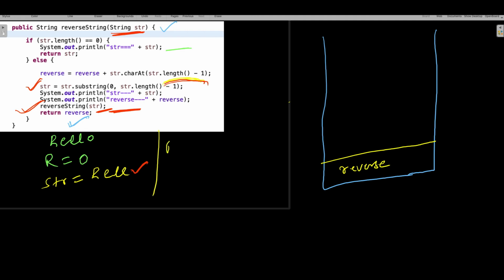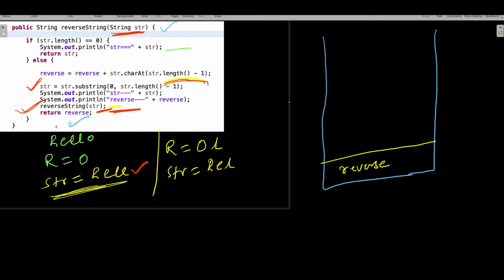Now your reverse is going to be what you already had, then character at, this is now the new string. So character at length - 1, if you do that, again L will get added, then again str will get calculated. When you calculate the str this time, it is going to be HEL, and again you will call the reverse.